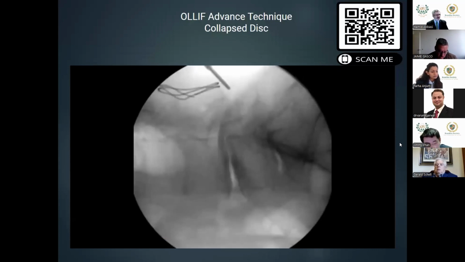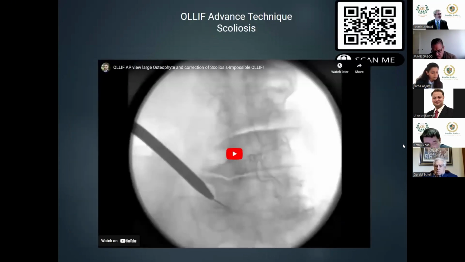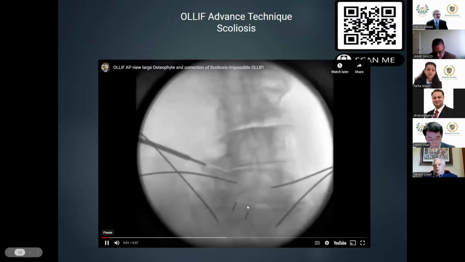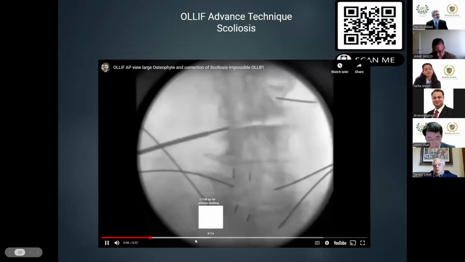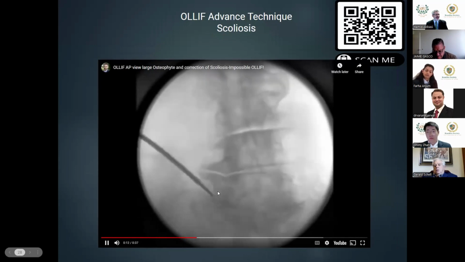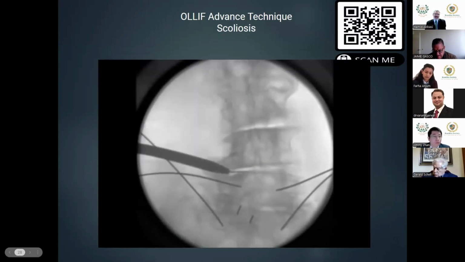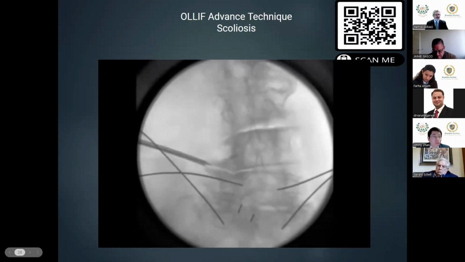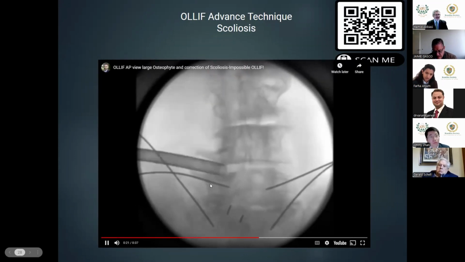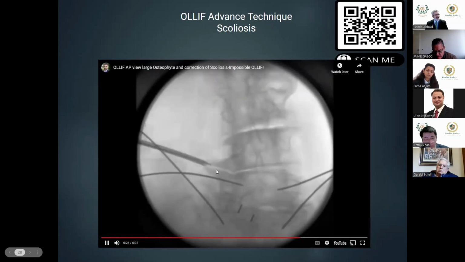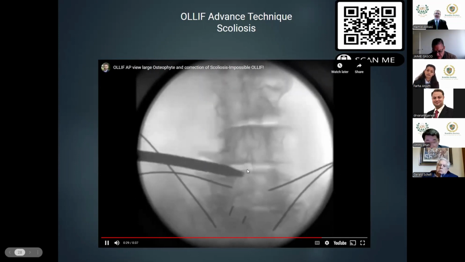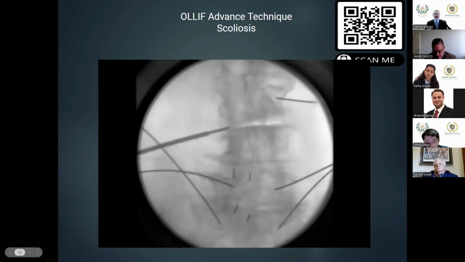So one of the last advanced things I want to show you about, and by the way, once you're a master of this, you can do many cases that you wouldn't think you can do. Here you see that a patient has a huge osteophyte, and once you are a master of this instrument, you can actually put your instrumentation on the osteophyte, enter it, and use that to lift up, to compare how this is now before and after. Not only are you increasing the interpedicular lateral recess and foraminal space, but as well by eccentrically putting the cage in,